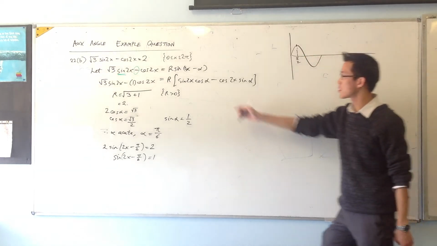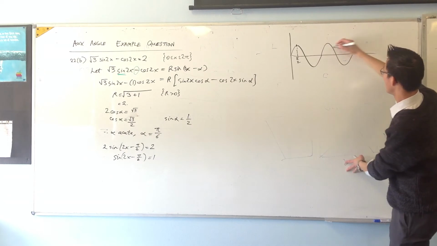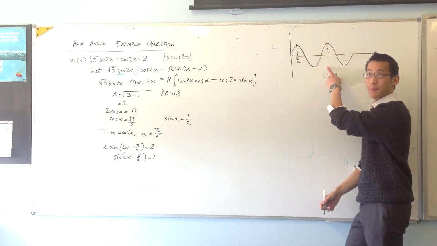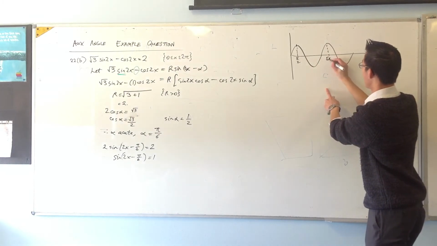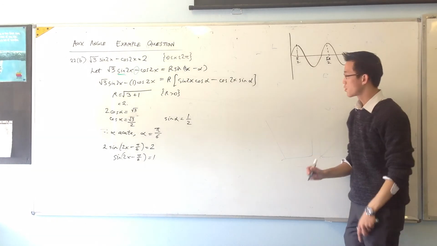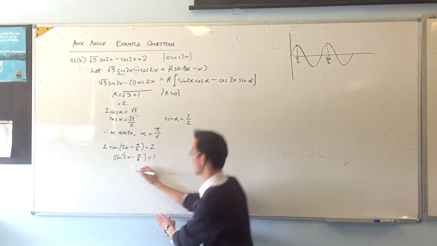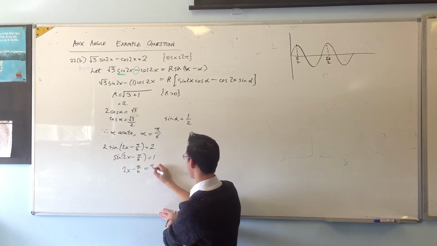Okay, but we've got sine 2x, okay? So that's going to repeat again. So you're expecting another answer, namely that plus 2 pi. So that plus 4 pi on 2, so that's 5 pi on 2, right? See that? So therefore, I'm going to note both of these answers down when I come down here to solve. So I've got 2x minus pi on 6 equals